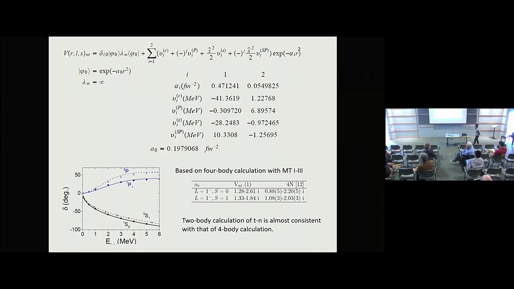For realistic phase shifts, you need a tensor force, so you have the splitting of the triplet P waves. But here we used a Malfliet-Tjon potential because it doesn't give the tensor splitting, and it gives an efficient description of neutron-triton scattering. The total cross section goes quite well through the experimental data. Of course, the differential observables are not good.